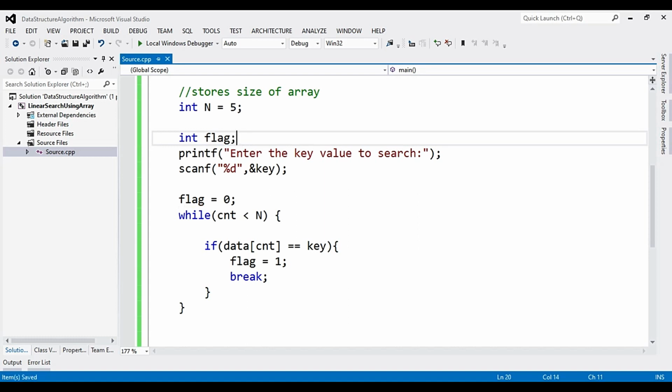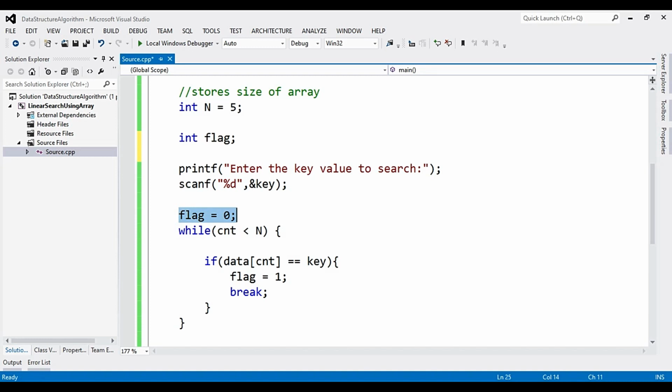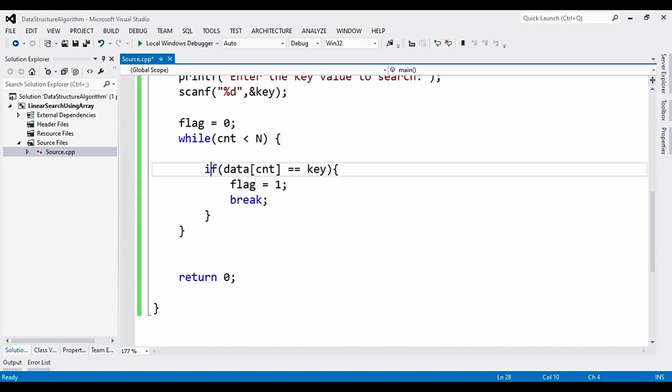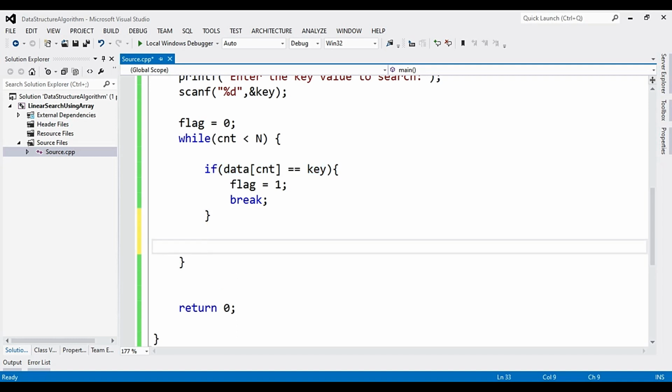And we have a flag variable declared. So before we start the loop, we'll initialize the flag variable to 0. And if this if statement becomes true, we just set the flag to 1. And if the statement is not true, in that case we cannot directly write else saying the element doesn't exist, because then we would like to iterate and check the next element. So I'll just increment the counter. So the counter will be incremented, it will go again, check the condition again, try to compare the values, and this loop will go on.